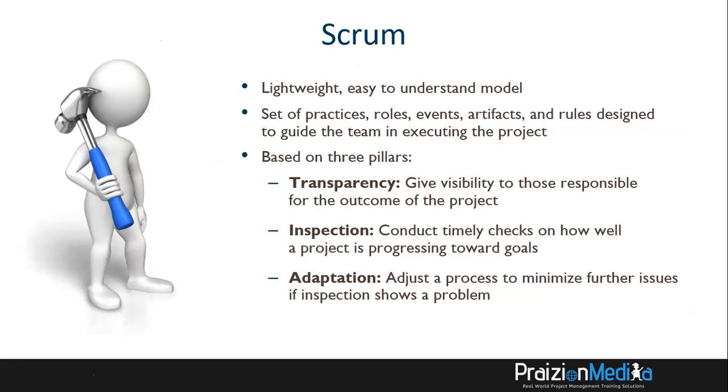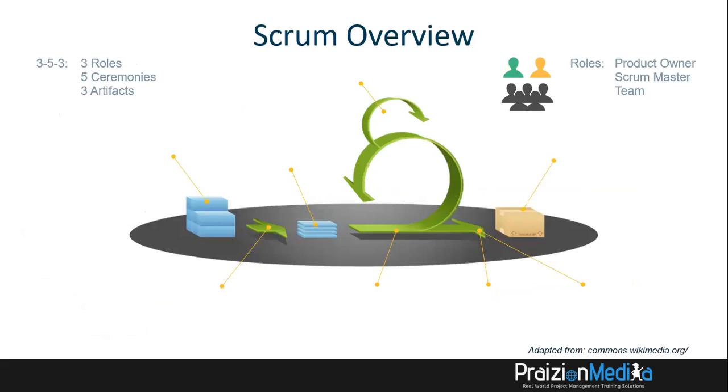So, assuming you wanted to carry out a project, you could use Scrum if it is more agile in nature. What exactly is Scrum? Let's take a look. In Scrum, we have 3 roles, 5 ceremonies, and 3 artifacts. The first artifact is the product backlog. This is a list of all the things the customer wants.